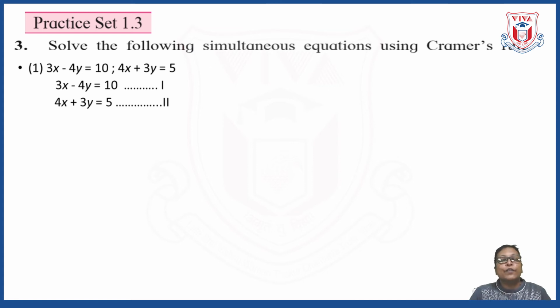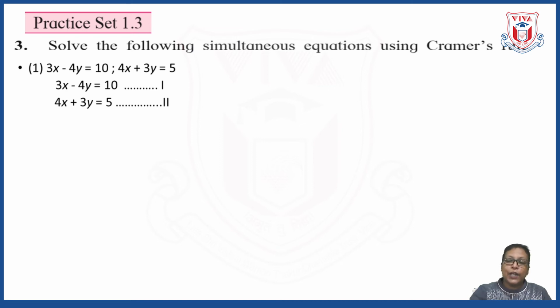What you have to observe here is that the equations should be in the standard form. Standard form, all of you know, ax plus by is equal to c. So you will observe that the two equations are in standard form. So number these two equations as 1 and 2. If the equations are not in standard form, convert them to standard form. Okay, it is compulsory that they should be in the standard form, so that you can write the value of D, Dx and Dy properly.